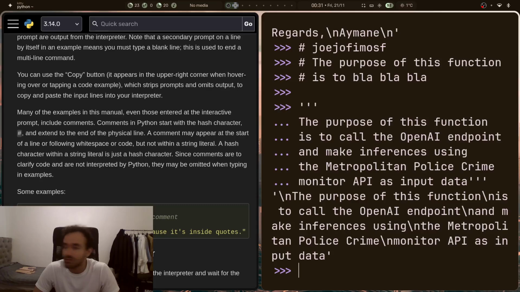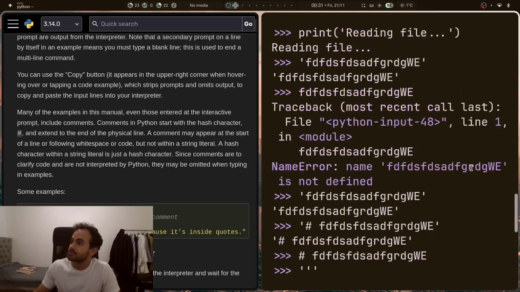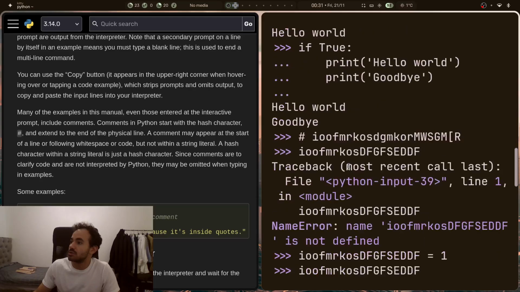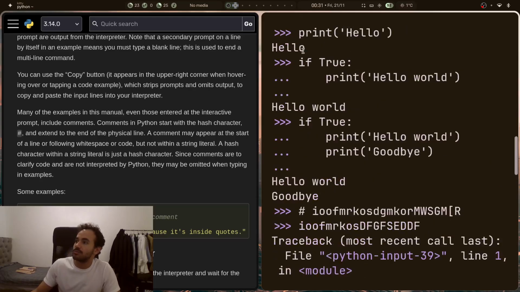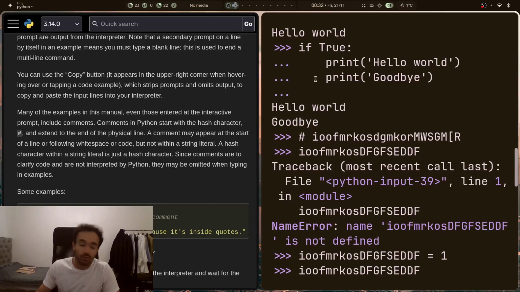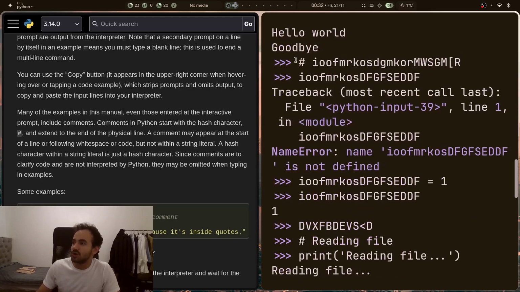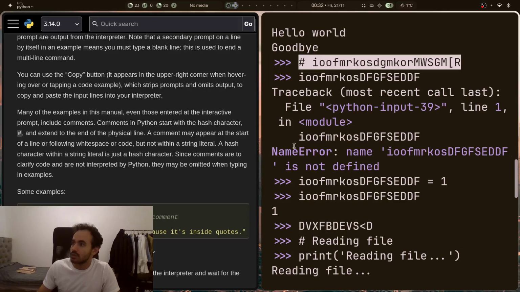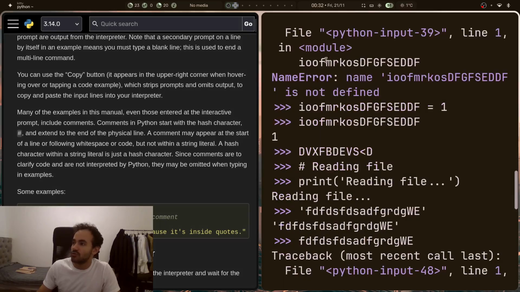To summarize, if I scroll all the way to the top, I've covered basic print statements, input, multi-line, how indentation is automatically applied when you're doing if statements. You can ignore those, but then you'll receive an error, an indentation error. We've covered comments, we've covered variable assignments, and we've covered the name error very briefly, where if you write a piece of text